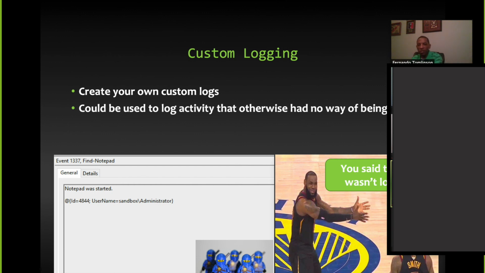Oh, they have this enabled. Okay, well, that's too rich for my blood. I'm just going to go to a different machine. But when we can create our own event logs, that's a game changer. In this case, we did. And if you look at the top right-hand corner of the photo there, we have an event log that we're calling 1337. This gives us an opportunity to make up our own event IDs as well.